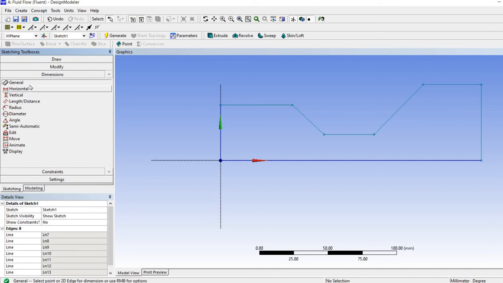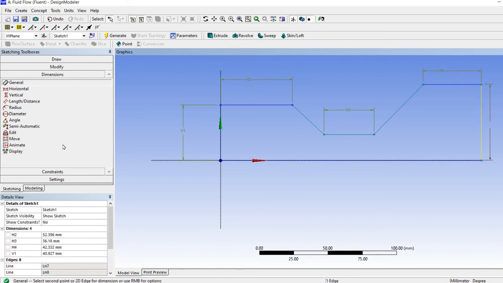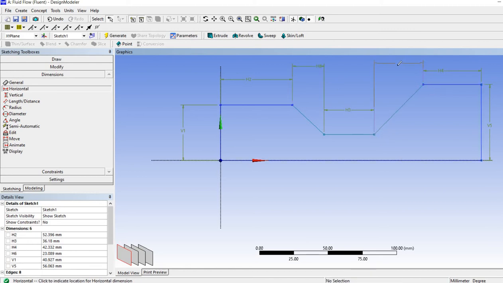So I will go to dimensions and select general. And also I will select horizontal dimensions to select the dimensions between these two, and these two. And also vertical to give the dimensions between these two. Okay.